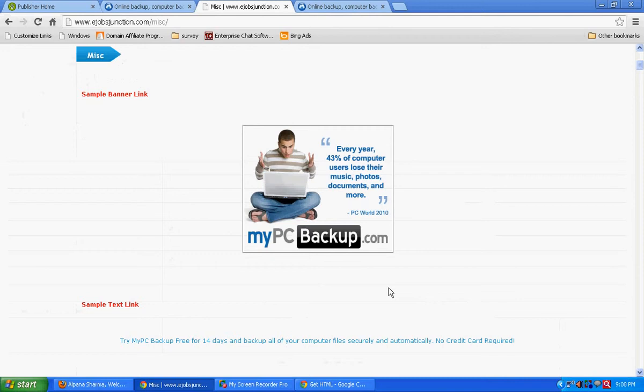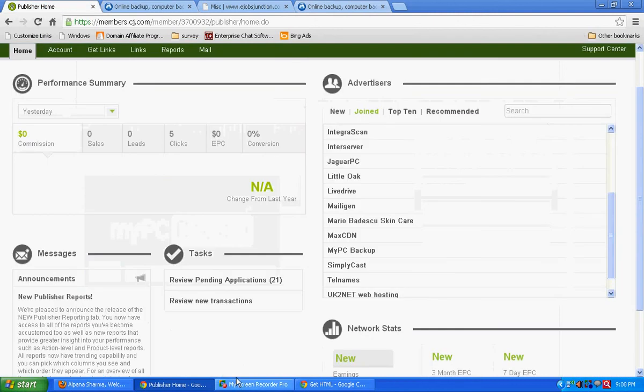There might be many persons promoting this particular advertisement of this particular merchant, but Commission Junction will always be able to figure out that the visitor has clicked on an ad placed by Mr. XYZ and he has made the purchase. So commission will always go into the right hands. Okay, so this is what an ad looks like and how we can take up the advertisement. So this concludes our discussion on this particular topic.